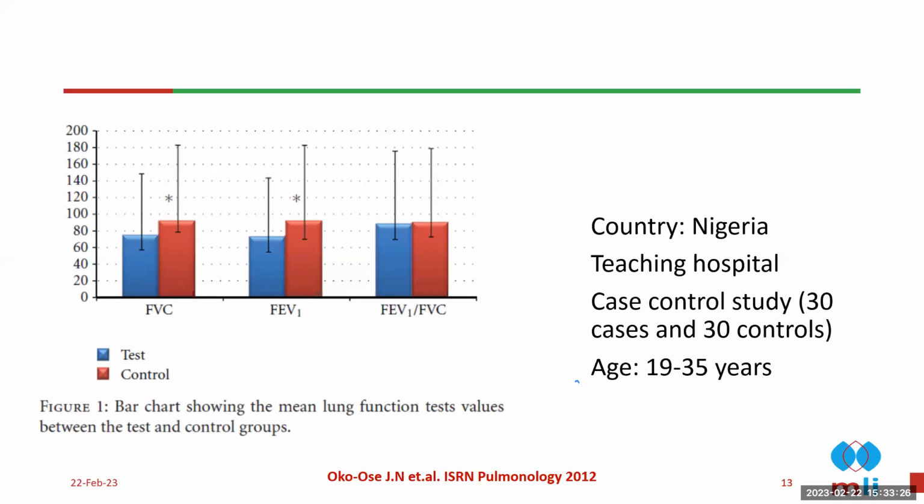If you look at the forced vital capacity, the FVC, as well as the FEV1, there was a stark difference. The T is the test, that means the cases, in blue, and the maroon one is the control. So there was a difference in the lung volumes, with the controls having better lung volumes compared to the cases. When it came to the ratio, that was similar. And this is usually because it's a mathematical